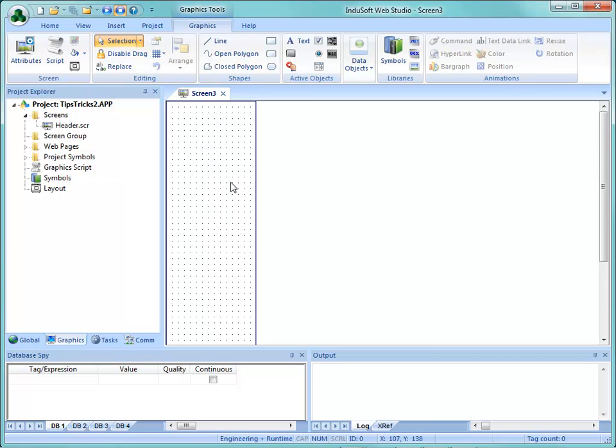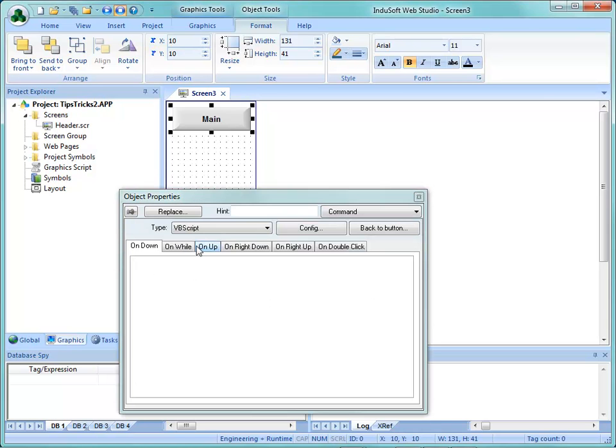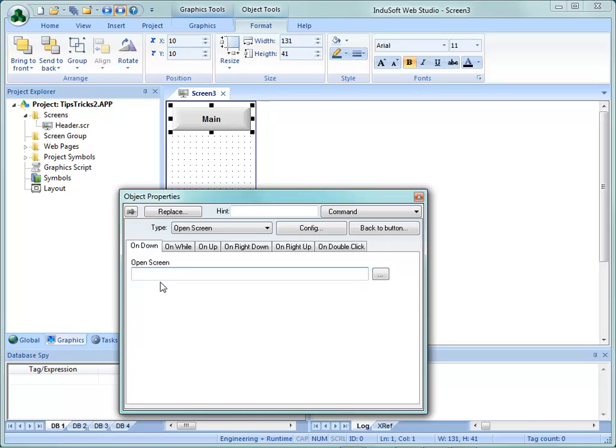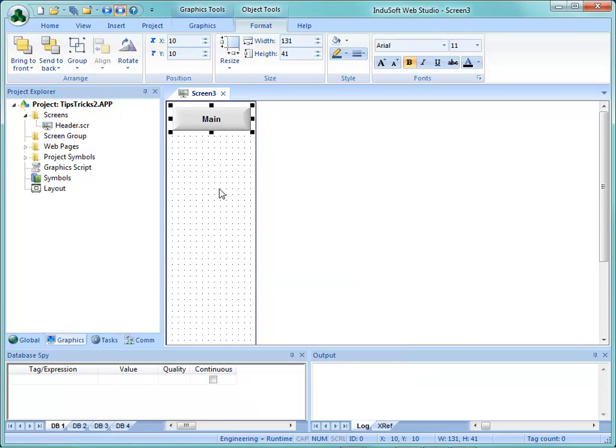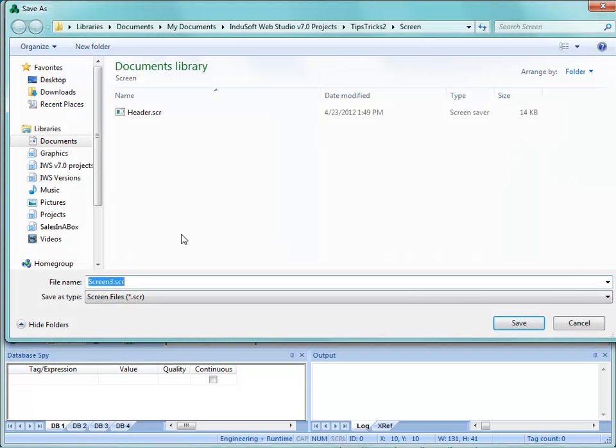Now when we run this during runtime, the header will be on top of this. And what we might do is put some buttons down here, down the edge of this, and maybe we'll call this main. And this is only a caption. This does not functionally make this work. I'm going to go back to the command here and open the main screen, but I want to hold off on this for a second to show you that instead of typing this in and possibly mistakenly entering the wrong thing, we'll just pick it from the list once we have the other screen saved. And you can change the colors of these backgrounds and things of that nature, but for the time being I'm going to save this screen as navigation